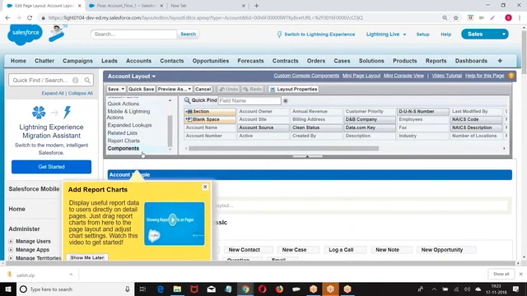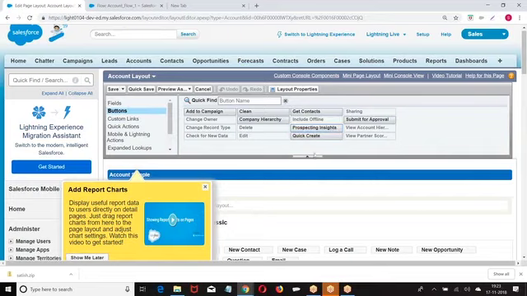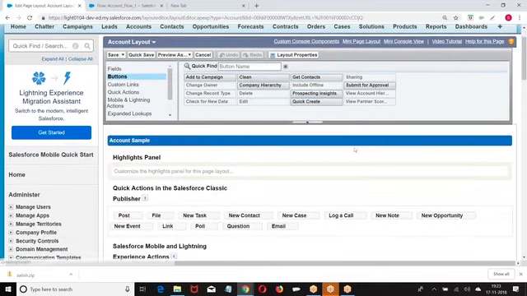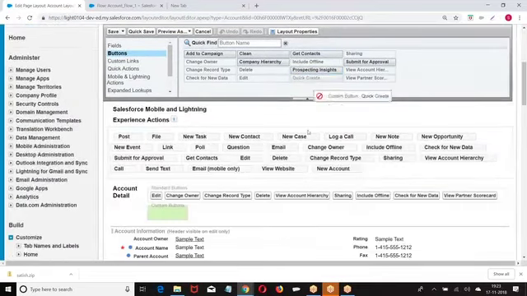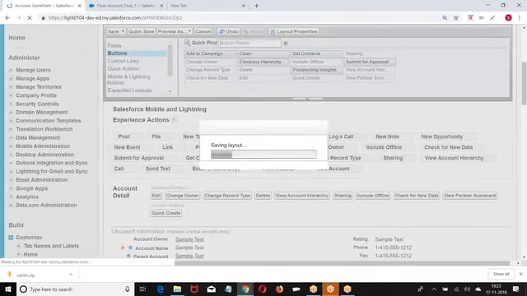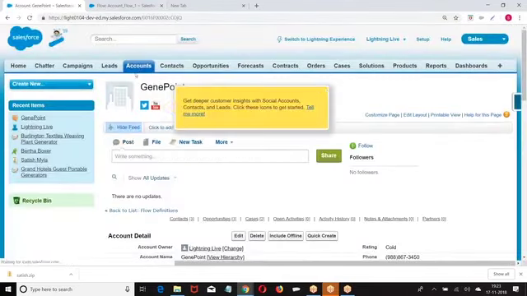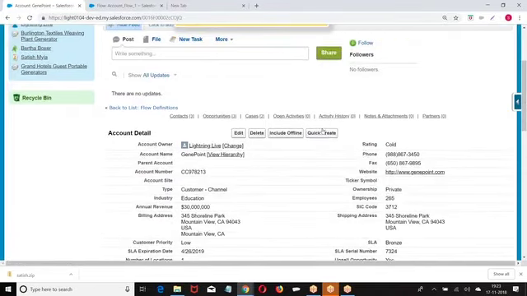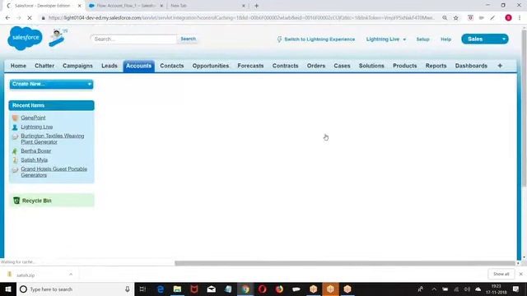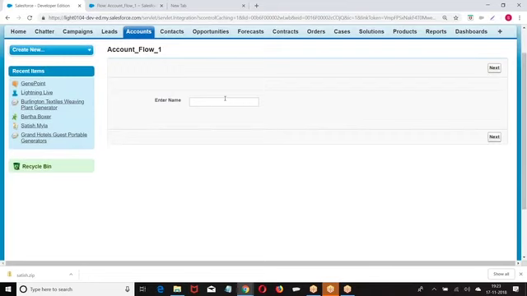We have buttons. We create. So what we had here, create. When you click on this, we got the structure here.